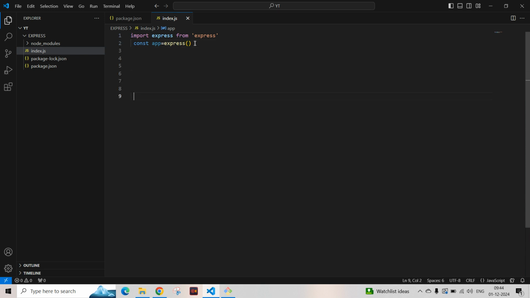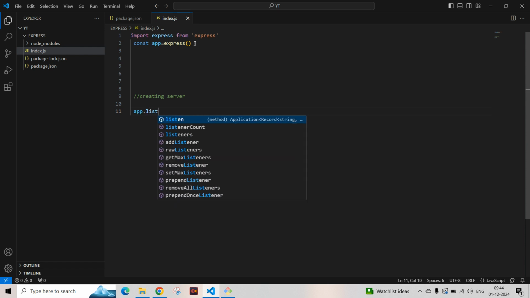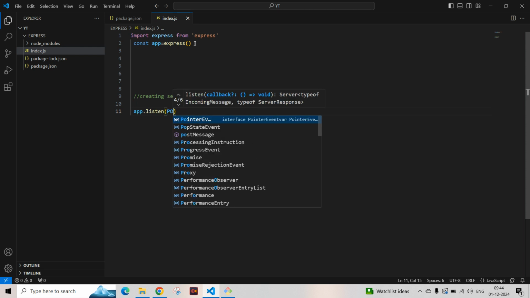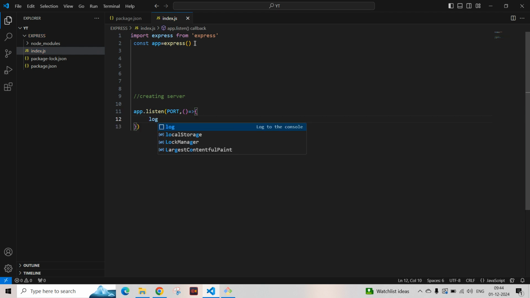Now I have to create the server. I will say app.listen. It will take two parameters. First of all, it will take the port on which it will listen, and the second one is a callback function which will be executed once the server is started. So I will write console.log